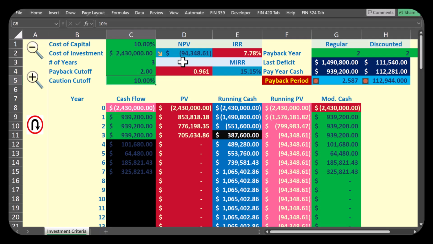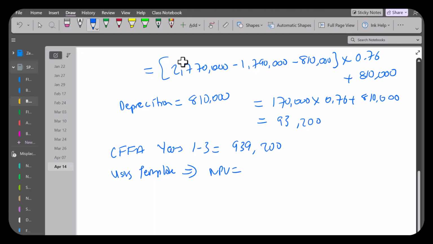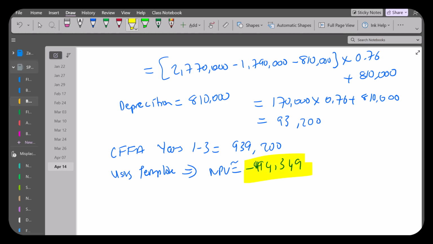Negative 94,349. Now, if this is all we needed to do using the NPV rule, we're going to reject the project and go on with our life. The issue is